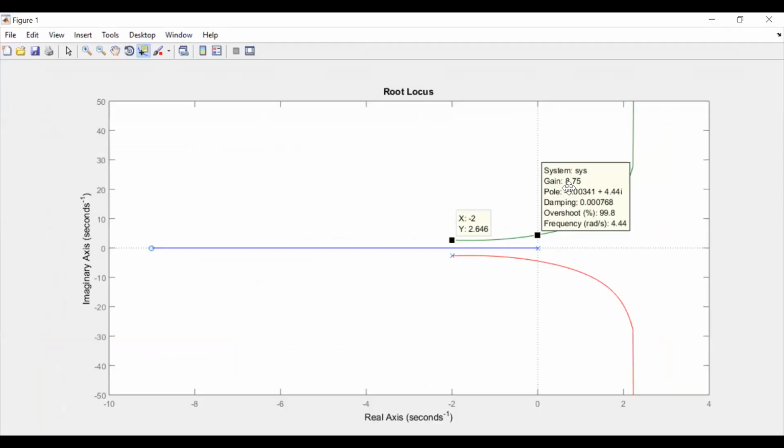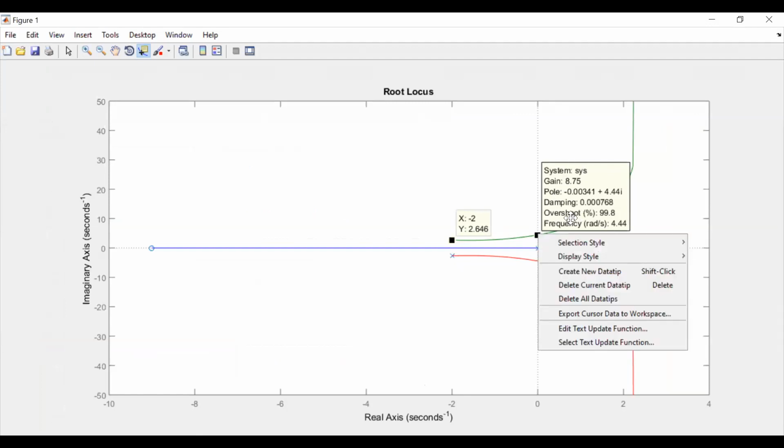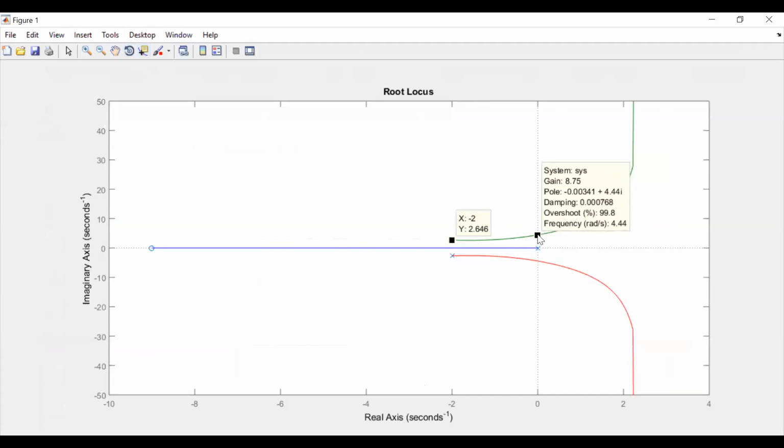Here you see this is the root locus that we have got. I'll just take it that side. So this is the root locus from the 3 poles. As I bring it here, at the imaginary axis, the point of intersection was plus j 4.35. Here it is plus j 4.4, and the gain at that point was 8.8. It is 8.75.